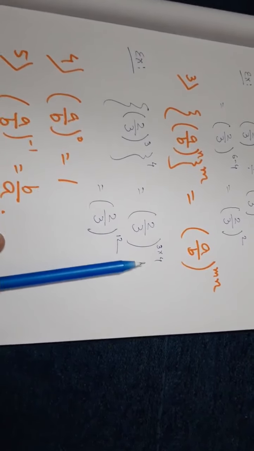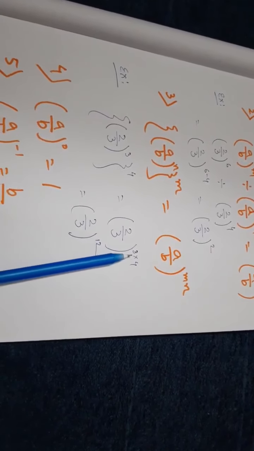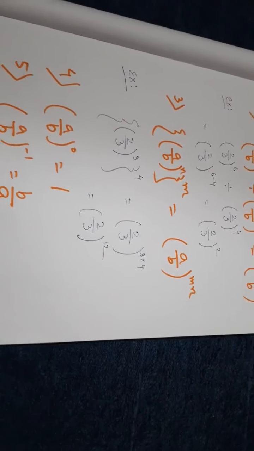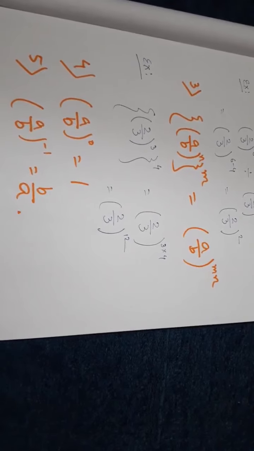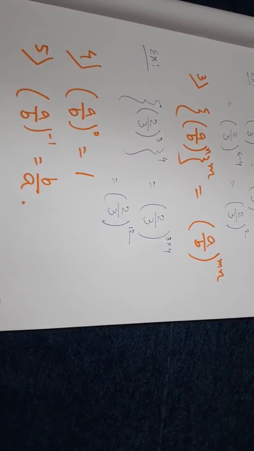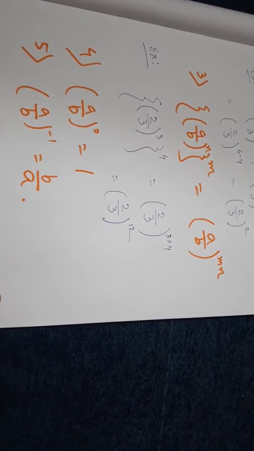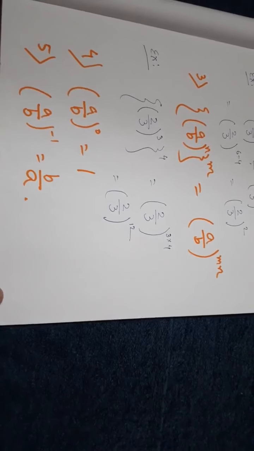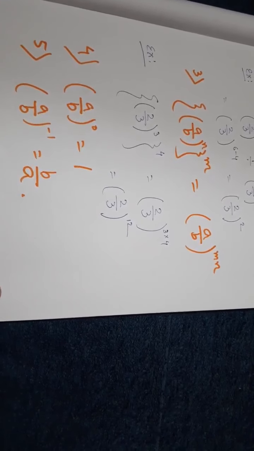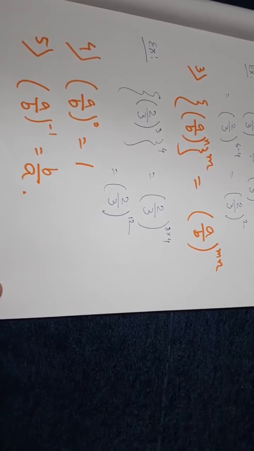So look at the example. Here we have taken one more example. In this case we have to multiply these two powers, so we will get 2 by 3 raised to the power 12. Next, formula number 4: if anything is raised to the power 0, here a by b raised to the power 0, this will be equal to 1. It can be any number. A by b can be any number, it can be a rational number also. If raised to the power 0 is there, it will be 1.